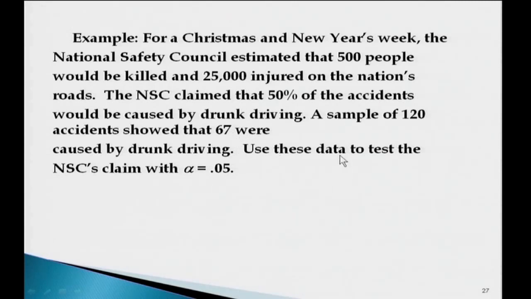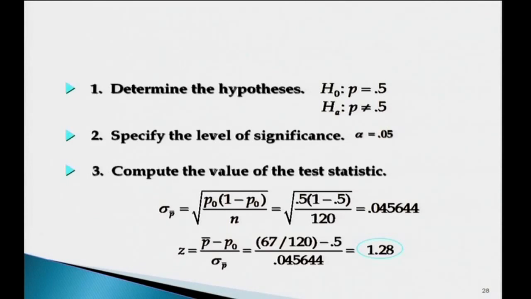So, use this data to test the National Safety Council's (NSC) claim, whether it is 50% or not. So, let us look at this. His claim was that 50% of the accidents during Christmas or New Year's Eve were expected to be, as per NSC's data. So, that will be our null hypothesis of equality. It is not 50% would be your alternative hypothesis.